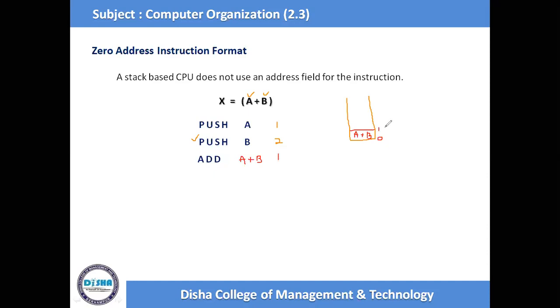When the stack pointer is 1, the stack structure holds a single data element. After that we need to vacate the stack element so that we can see the result. For that we have to pop out the addition result. To perform that we need the instruction pop x. That means the x will